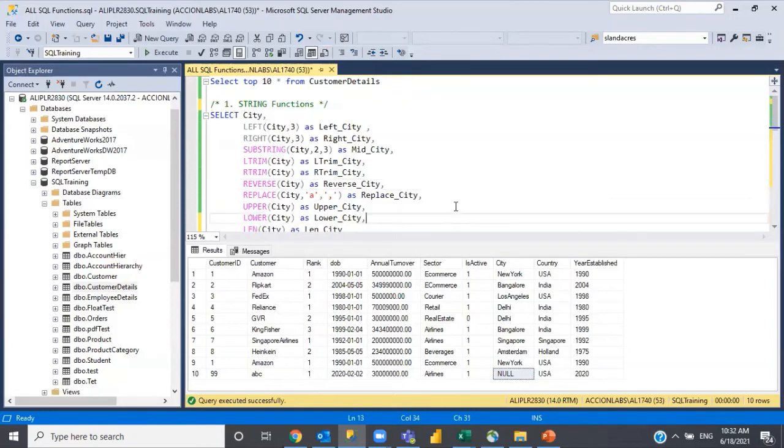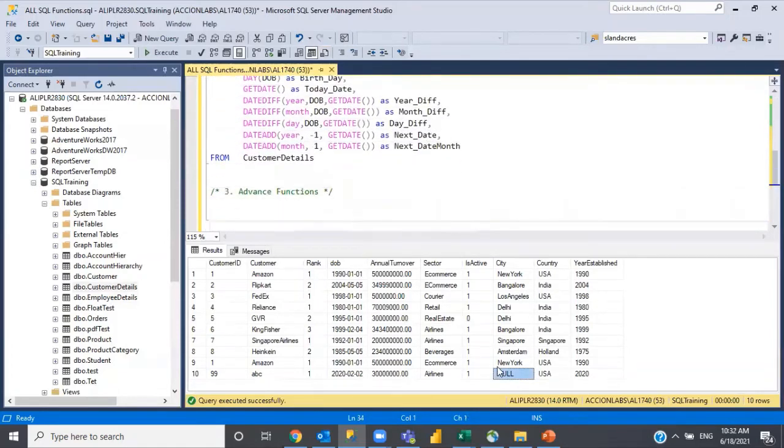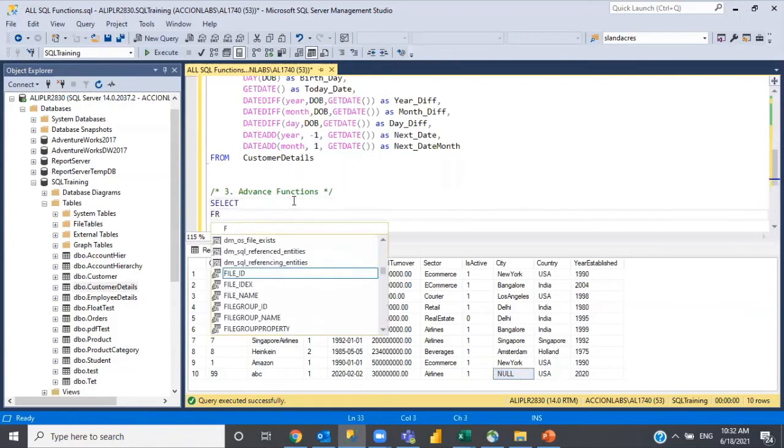Okay, so we'll see how to check. Suppose there is a scenario where you need to check whether this value is null, and if this value is null, replace it with a new year. I want to replace this data with a new year when there is a null. So for that, first I need to check whether the value coming is null or not. If the value is null, then you can replace this with something else. But how do we check whether it is null or not? For this, we have a function called the ISNULL function.